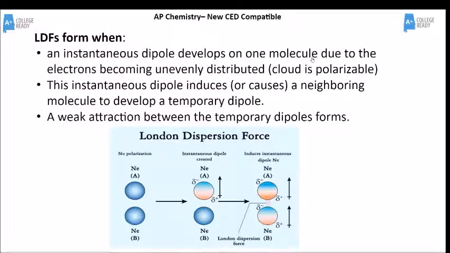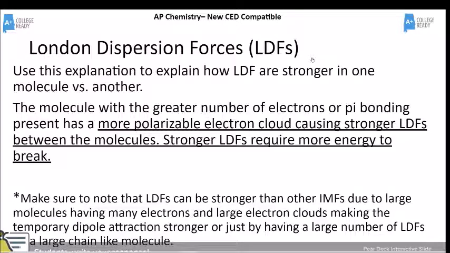It's very, very weak. But if you have a lot of very, very weak LDFs, they can be quite strong. So how do you decide who has more London dispersion forces? If everyone who has electrons is going to experience LDFs, are some molecules going to have more LDFs than others? Basically, whoever has the greatest number of electrons is more polarizable, meaning there's a greater chance that there's going to